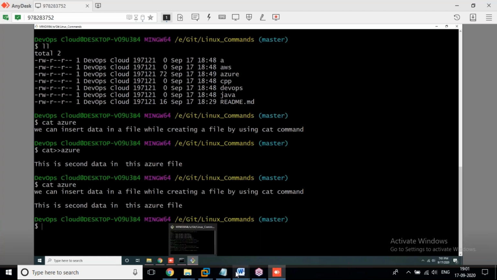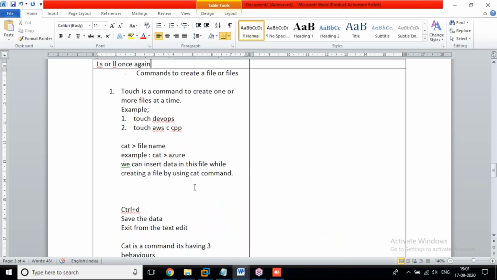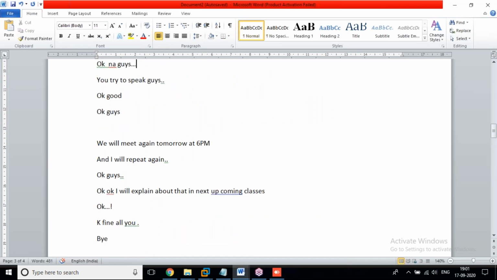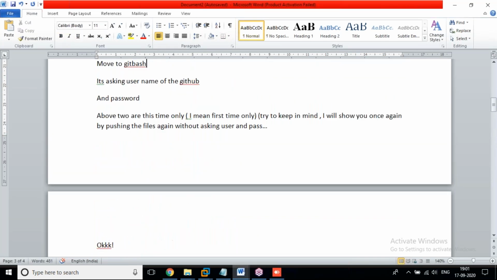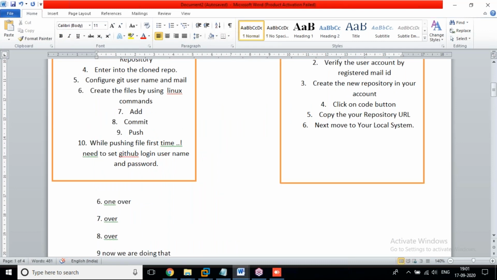See where we are here. I am going back. I said that I didn't configure after cloning the repository. After cloning the repository, I didn't configure this one. Which one? Git config --global username and mail ID. I didn't configure this one. Without configuring, if you try to commit the file, what will happen? We are in that R&D process.